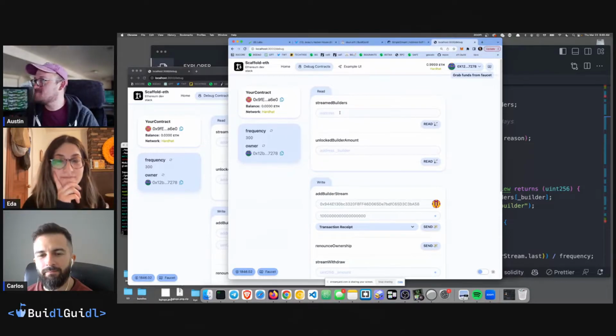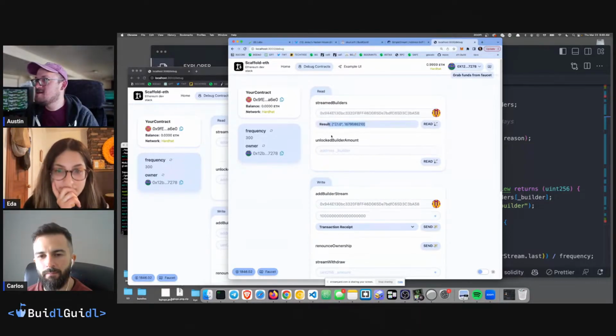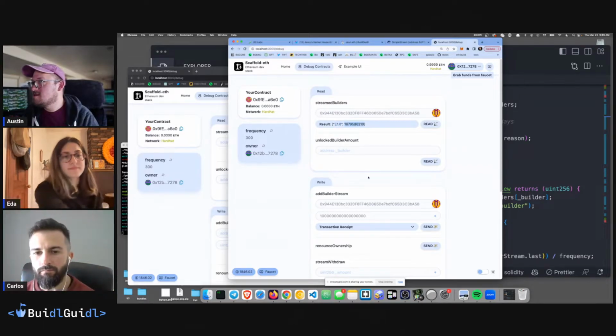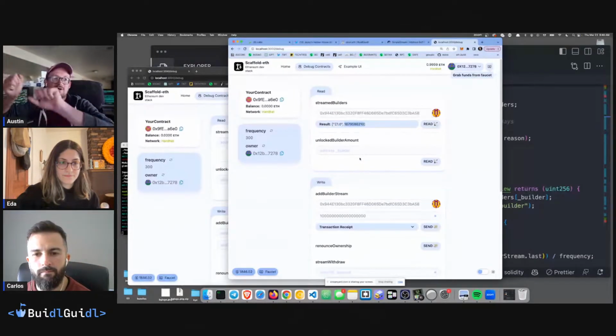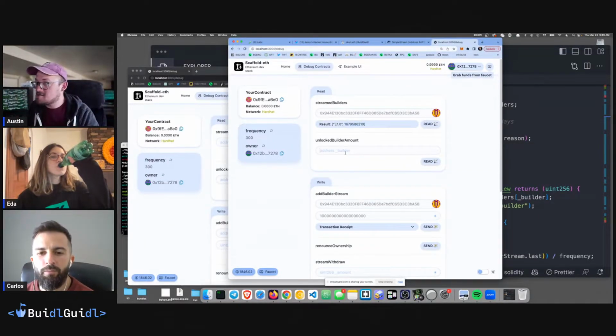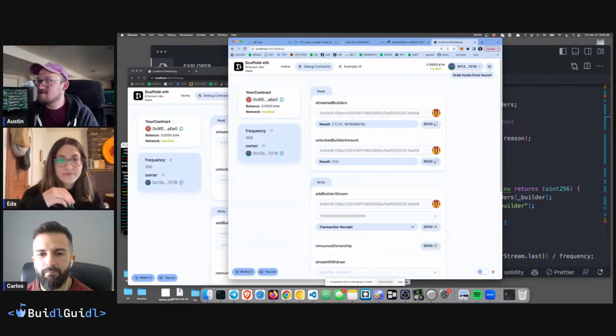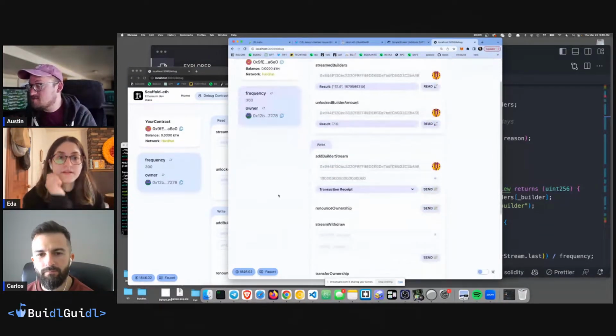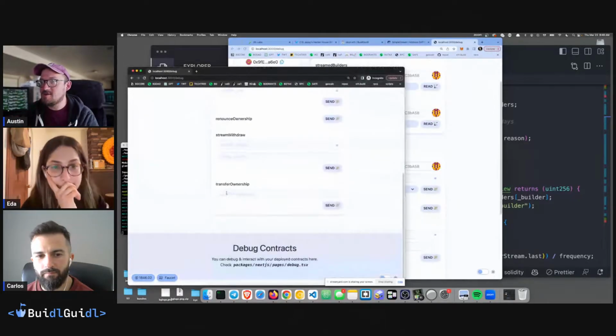Okay, so now we should be able to put orange guy in here, and it says, sure enough, your stream is a 1 ETH stream. That means every 5 minutes you can withdraw that 1 ETH. And here's the last time you withdrew, which means it took the deploy time minus the frequency and filled your stream. So it should be fully unlocked, right? Yep. Cool. Okay, so now the stream withdraw needs to happen, and that would be over here.